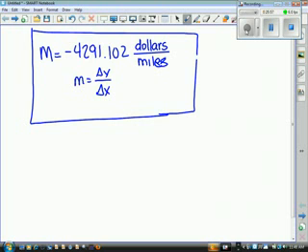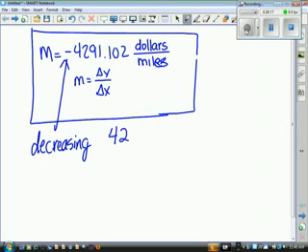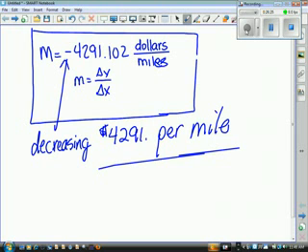So on the homework they're going to ask you, well, what does that mean? Okay, so what happens is if it's negative $4,200 per mile, the negative means it's decreasing, and it's decreasing at a rate of this many dollars per mile. And that's all you have to do for